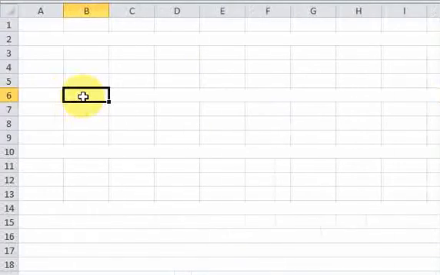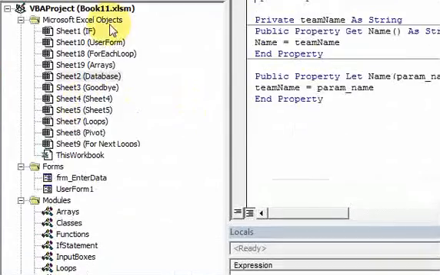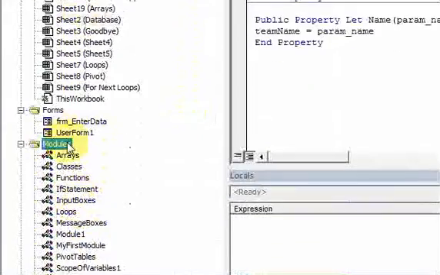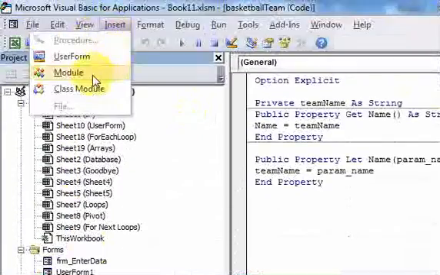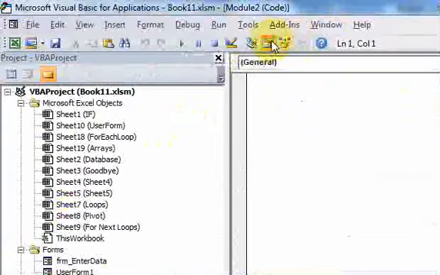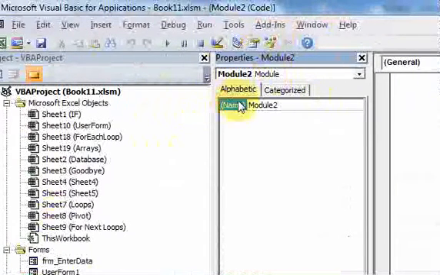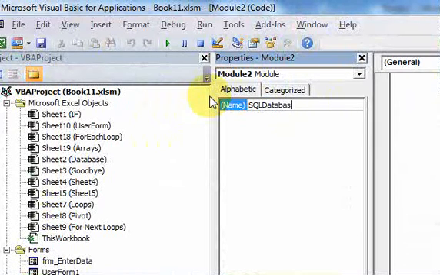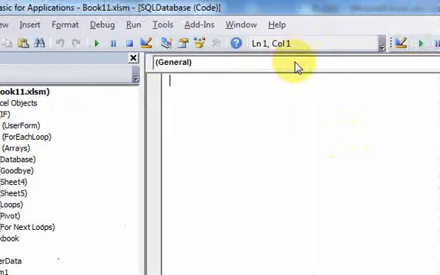And now let's go to our VBA editor, and I'm going to insert a module that I'm going to call SQL database. And now we can start writing some code. So I'll put sub SQL database,